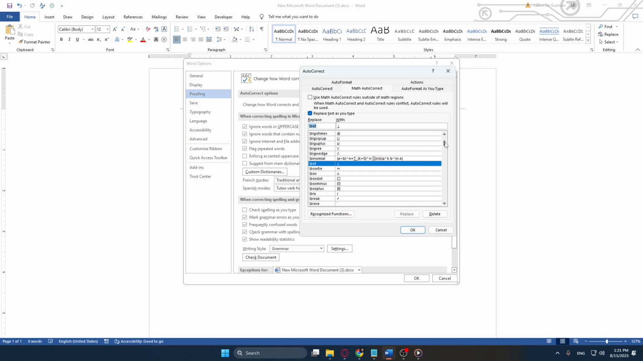With this newfound understanding, inserting symbols will soon become second nature to you. And just like that, you're done. By setting up these math autocorrect options, you've equipped yourself with a toolkit that makes adding complex symbols in your documents incredibly straightforward. I hope these steps help streamline your workflow, whether you're knee-deep in technical writing or just jotting